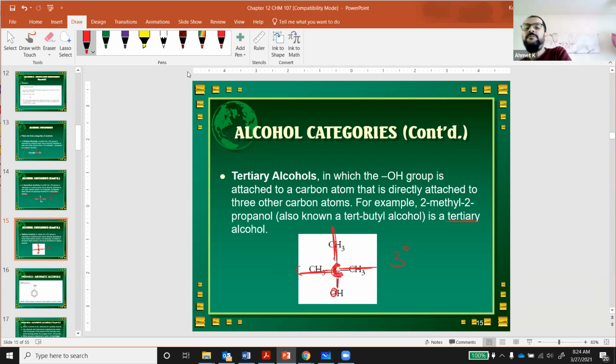So again, you're gonna see primary, secondary, and tertiary. You're gonna see this thing in the amines as well, when we do the amines in the last part of this chapter. It's basically the same thing. Okay. All right. So if I want to ask you, then